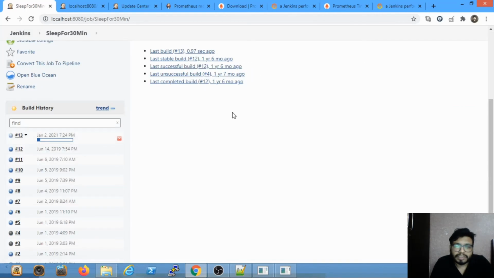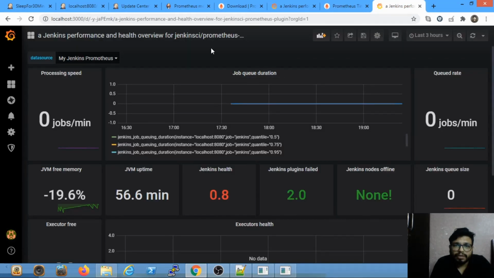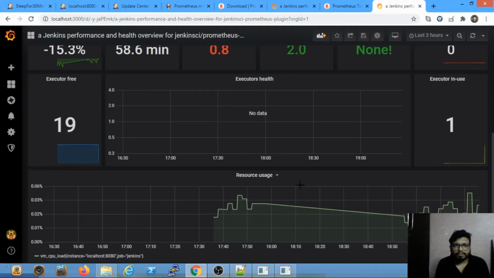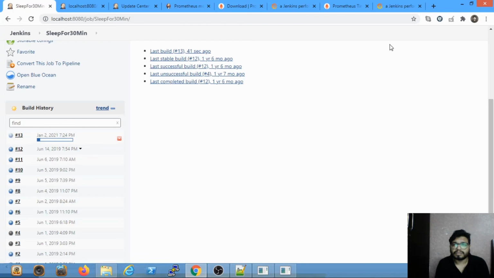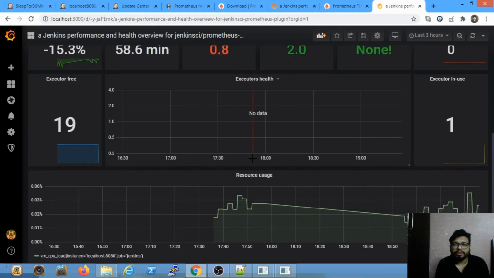One job is running in my Jenkins instance, and if you look at this one, executor in use, it is showing as one here because one of my jobs is running, so that's what it is showing: one executor in use.